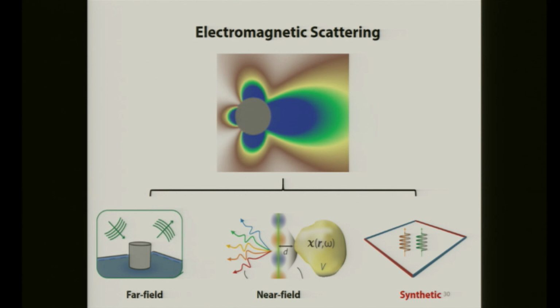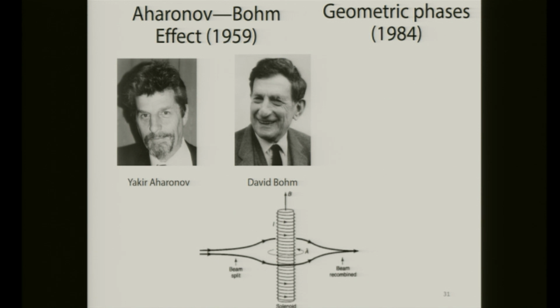So the last part regarding scattering is in a more abstract fashion: we now talk about scattering of optical waves against a synthetic magnetic flux. So this deals with synthetic gauge fields for charge-neutral particles, and falls into the category of topological photonics. So let me introduce this AB effect first.